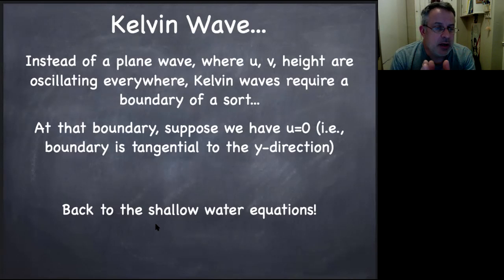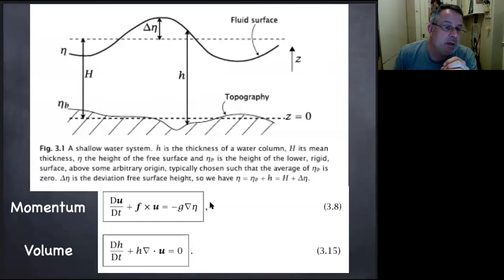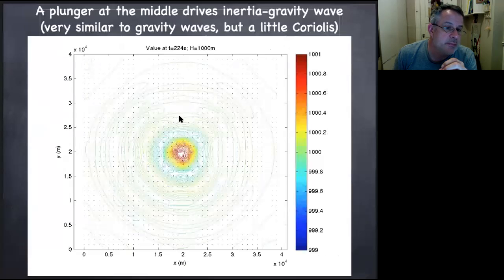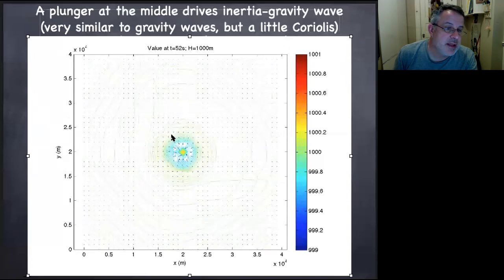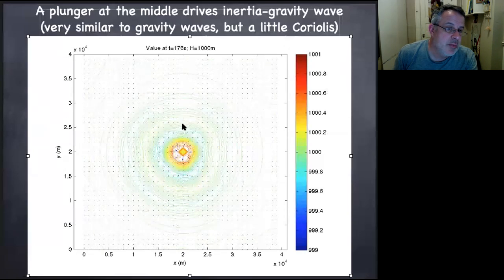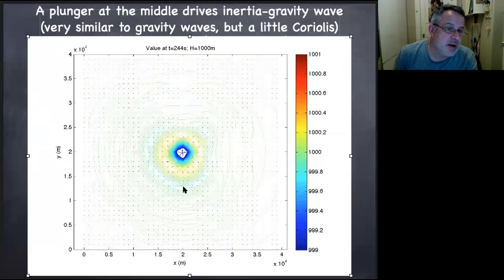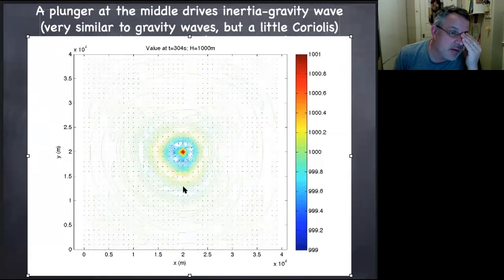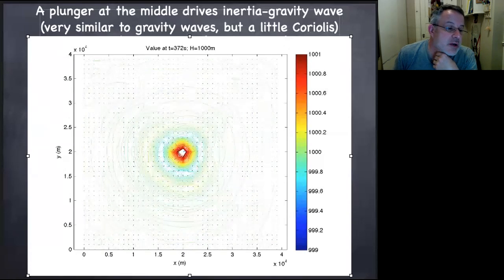The boundary could be a coastline, and it actually could be the equator. There are two different ways of getting at that. So if we take our shallow water equations that we talked about before, we have the momentum equation, we have the thickness equation. We can solve it in a model. We get something like this, and this is in an f-plane, so you can see that the arrows aren't just parallel to the crests and troughs, but they're actually rotating around. It's a little hard to see because they're not very big arrows, but there's a little bit of Coriolis force there.